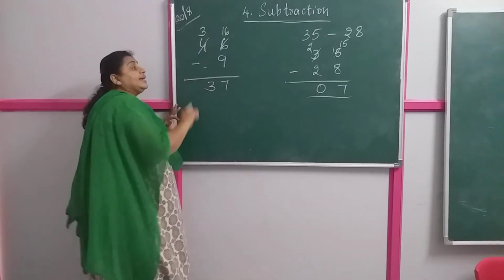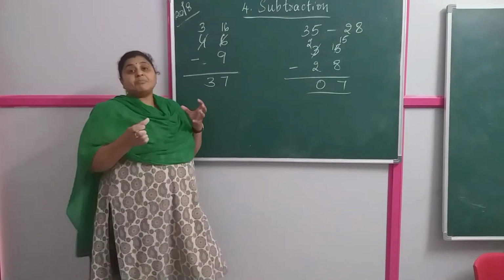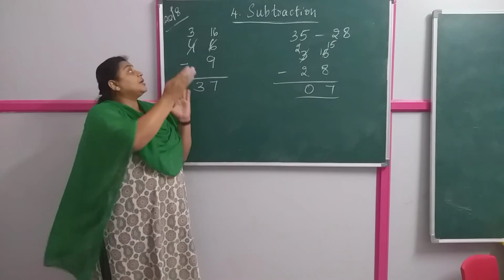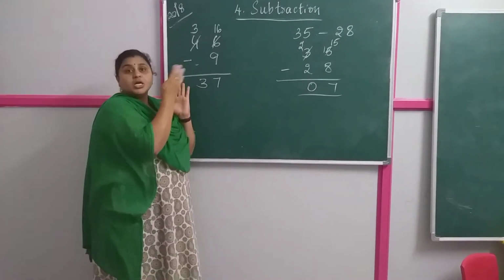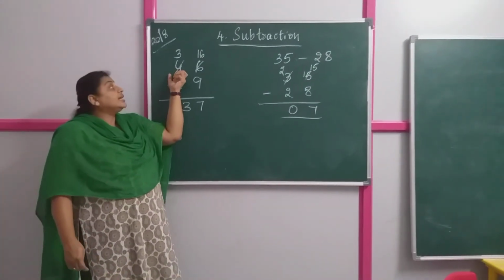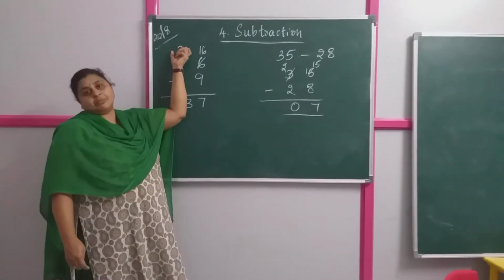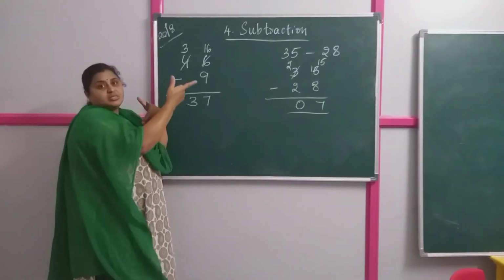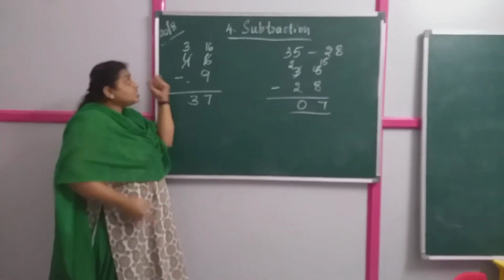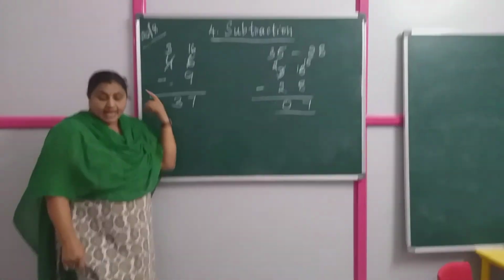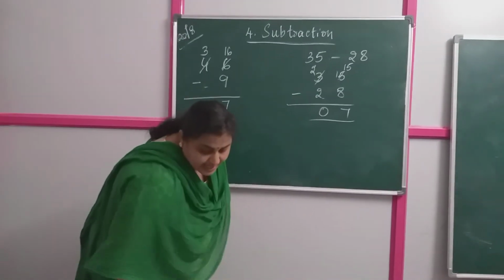So when you are getting to subtract a bigger number from a smaller number, you have to take a borrow from the before number and you have to subtract it. When you are taking borrow from the before number, that changes to the previous number. Suppose if I have 7, it changes to 6. Got it children? So this is how you will carry out the subtraction using borrowing. Let us see one more problem for your understanding. Okay, let us take one example.